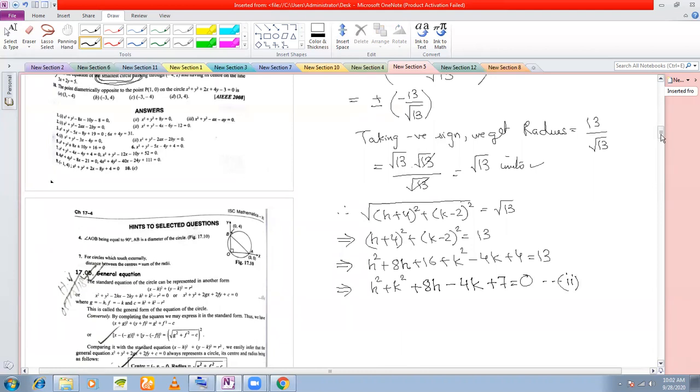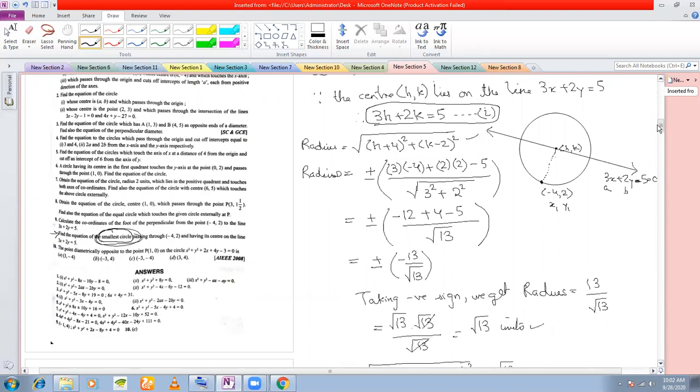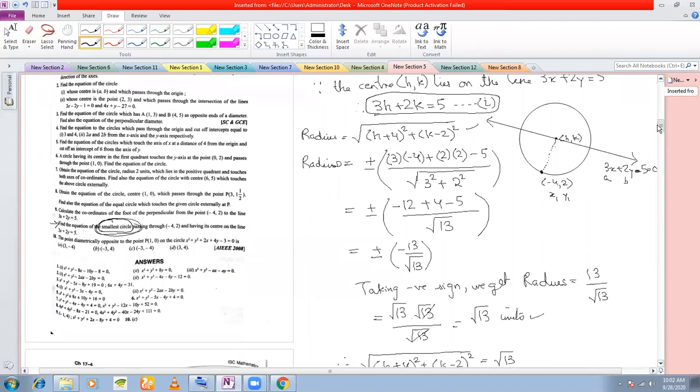Now you will refer to equation number 1. We can take out the value of either h or k from 1 and put it in 2. You will get a quadratic in one variable. So from 1 we get,